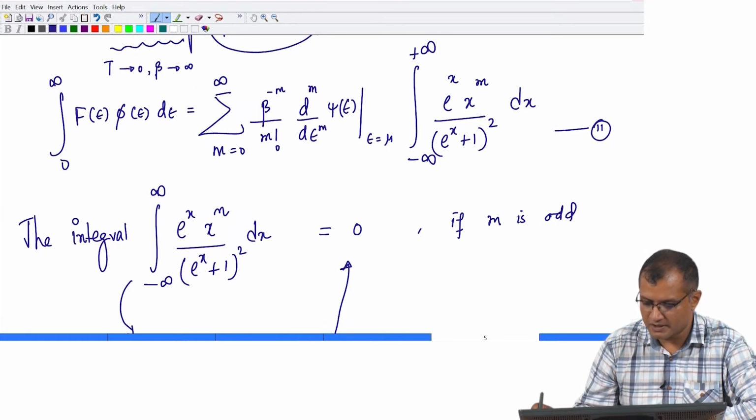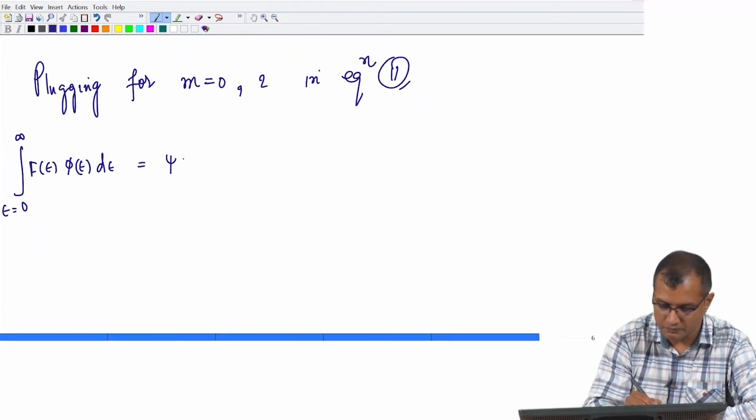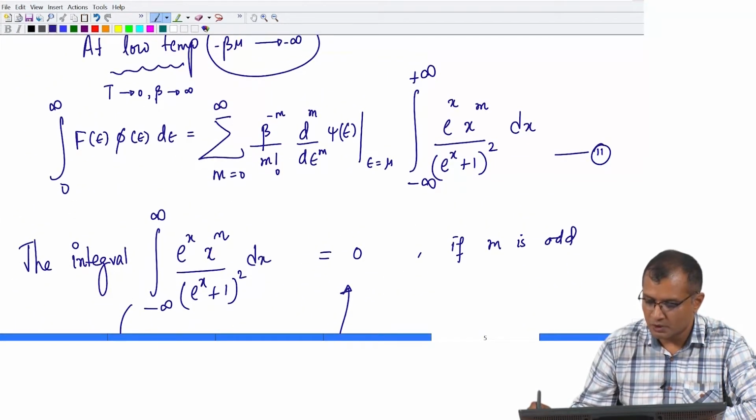So, that would just give me psi at e equal to 0, plus m equal to 2 would give me